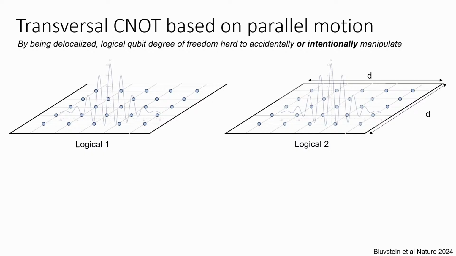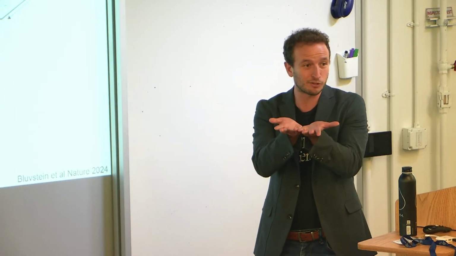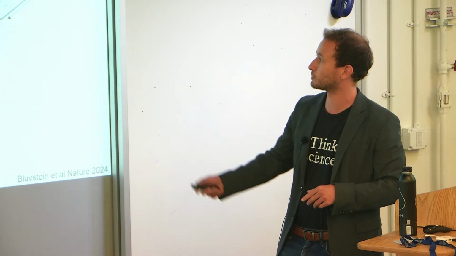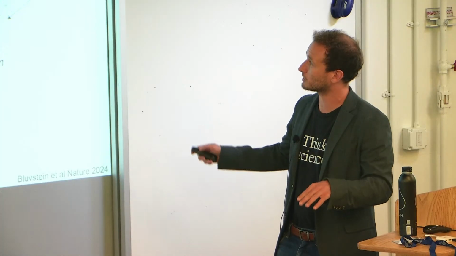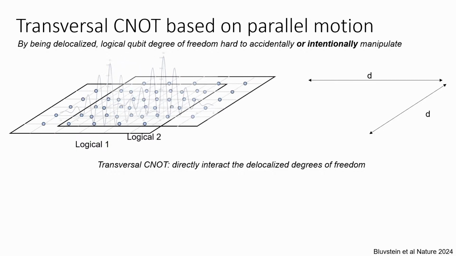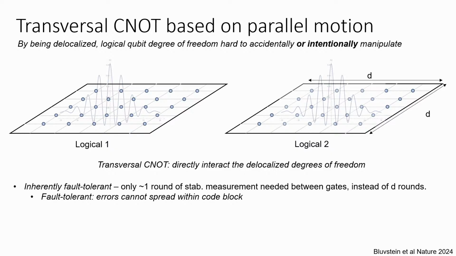And what we discussed earlier is that the way that we do error correction is we take this logical qubit degree of freedom and then we delocalize it across many individual physical qubits. And that makes it hard to accidentally manipulate, but it also makes it hard to intentionally manipulate. For example, if you have two delocalized wave functions on a chip and you're trying to interact them via some boundary, it's something that you can do, but it's quite hard. You have to do a lot of very precise operations in order to get these two wave functions to interact with each other. But if you can just take these two blocks, put them right on top of each other, and in a single parallel step entangle these two wave functions while they're still delocalized and hidden, then in this transversal CNOT way, you get a lot of benefits that we've fleshed out over the past few years.